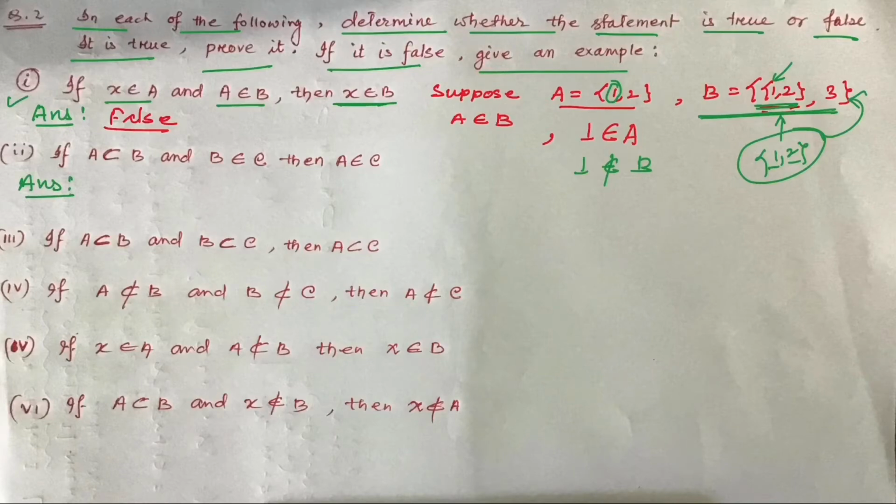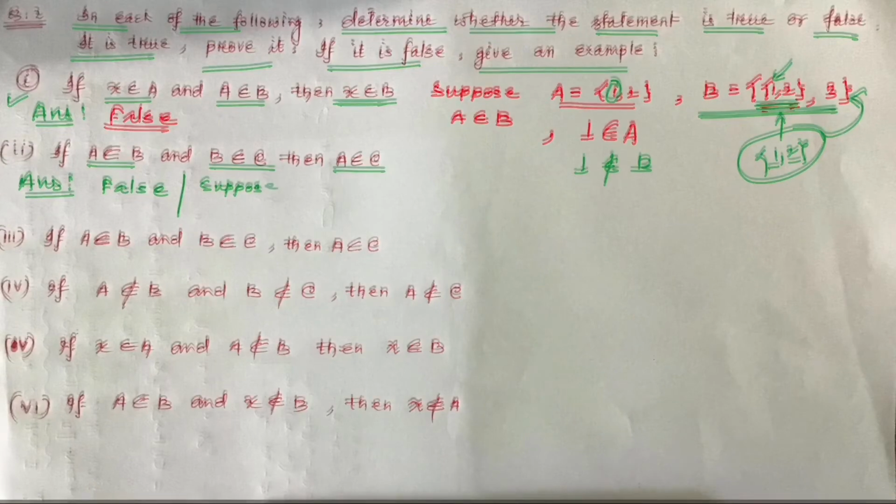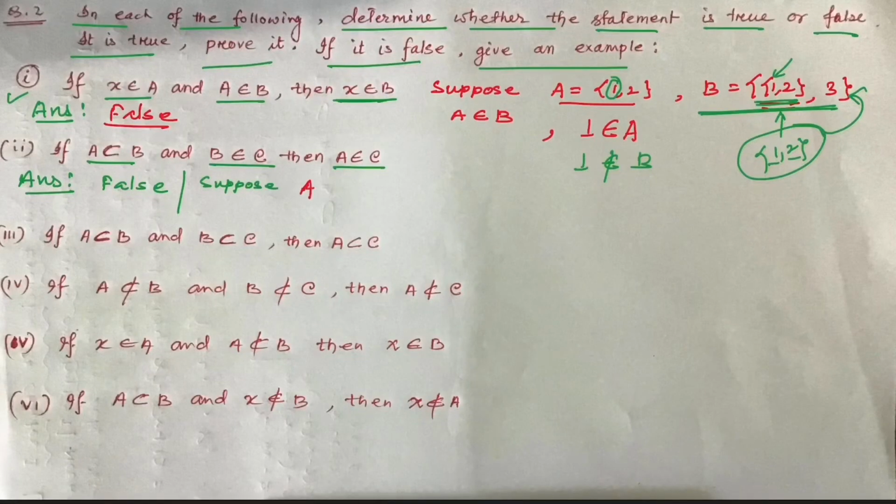Okay, so next one, here you see: A is a subset of B, but B belongs to set C, then A belongs to set C. It is also a false statement. Okay, so let me tell you how. Suppose set A consists,